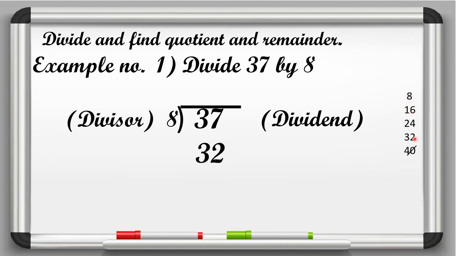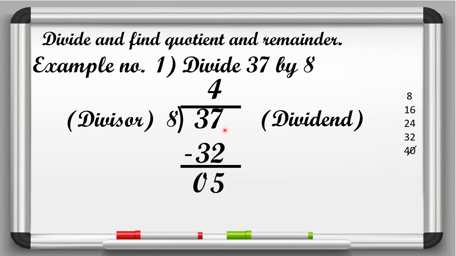1 2 3 4, so here 4 is the quotient, so we will write 4 in place of the quotient. Okay, now we have to subtract, so we will put the sign of minus here. Now keep 7 in your mind and open your two fingers. Now we have to do backward counting. 6 5, so we will write 5 here at ones place. Okay, and 3 minus 3 is equal to 0, so here we will write 0 at tens place.